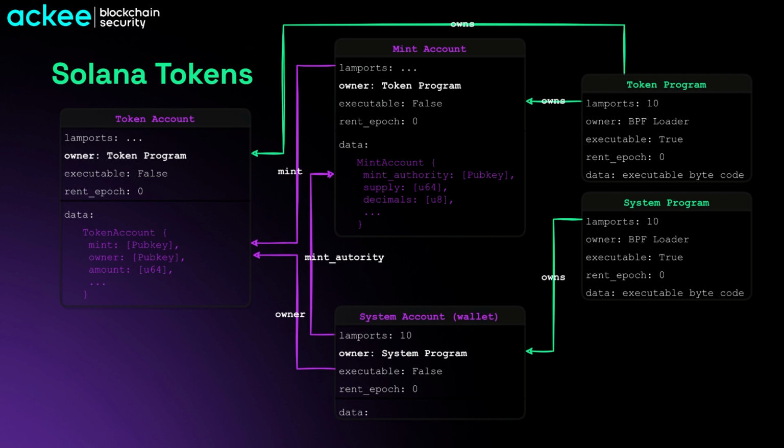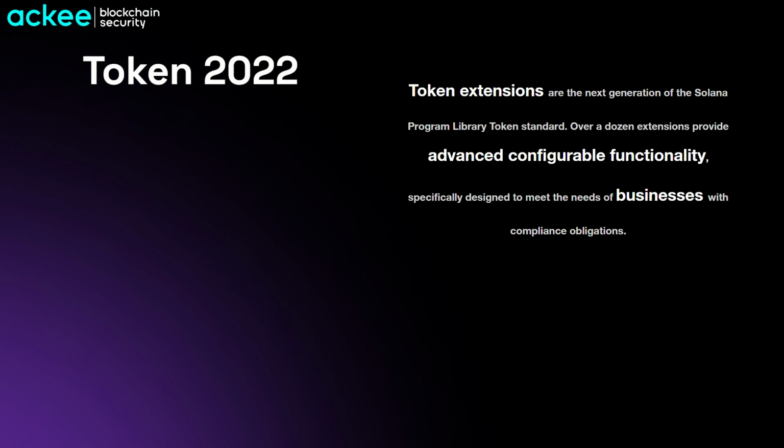However, as I said, there are limitations. If you want to transfer tokens from this token account to your friend or to your mother, let's say, the functionality is just simple. You can only transfer. There is no enforcement of fees on the transfers. You cannot include a memo on the transfers and so on. So this is actually what should improve in Token-2022, as it should provide advanced configurable functionality. And there is the important word, businesses,